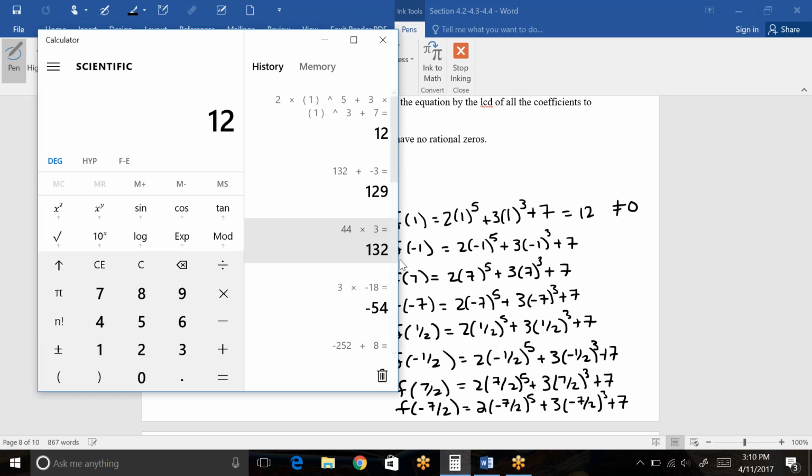So that means that number positive 1, which ties to a specific factor of x minus 1, does not divide into our polynomial evenly. So then we do negative 1. So 2 times negative 1 to the 5th